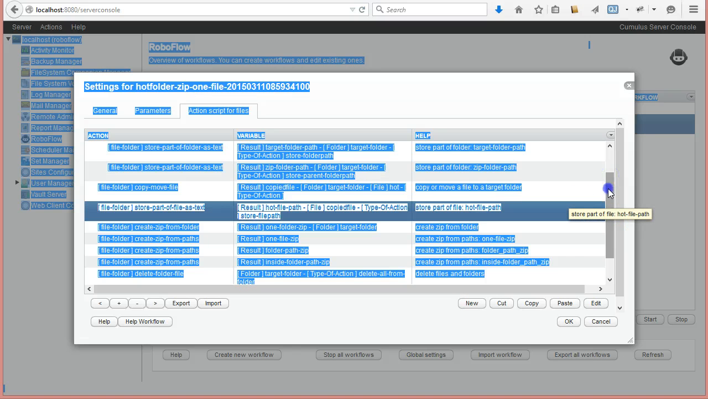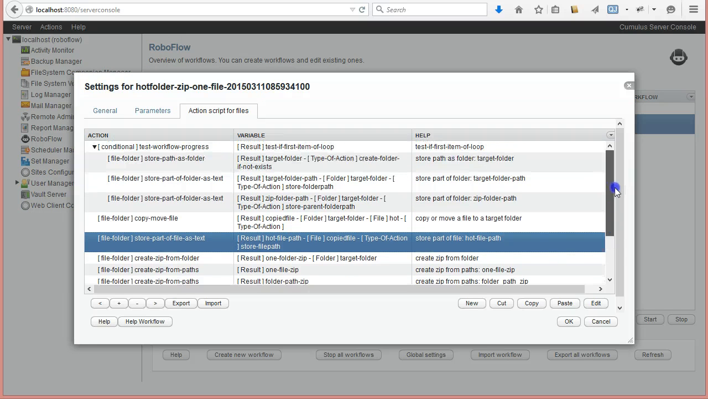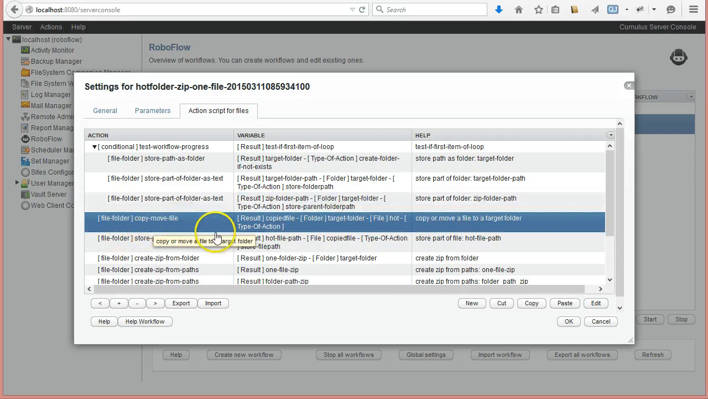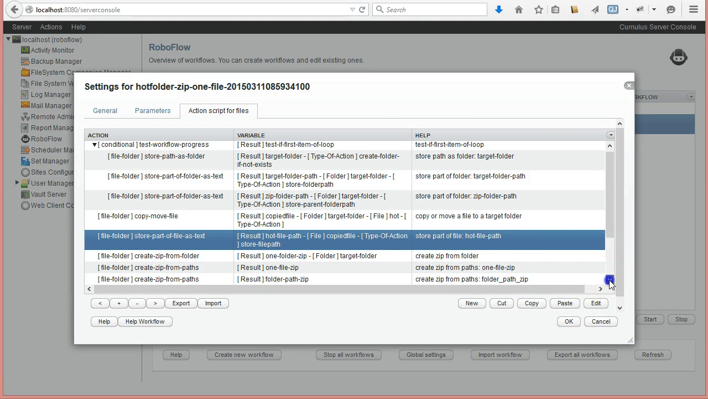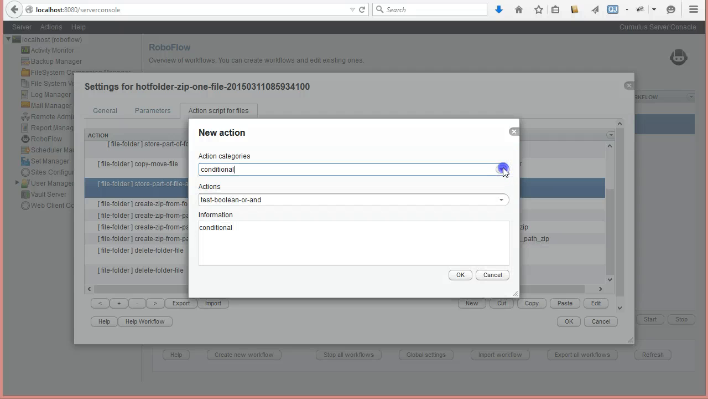Now what I'm going to have to do is add another test, because now I'm going to create a path or multiple paths to add to the zip. So in this case I will create here a variable, and I'm going to say here that after the file is copied I'm storing the path. Good, no problem. But I'm going to do new, and I'm going to test here conditional